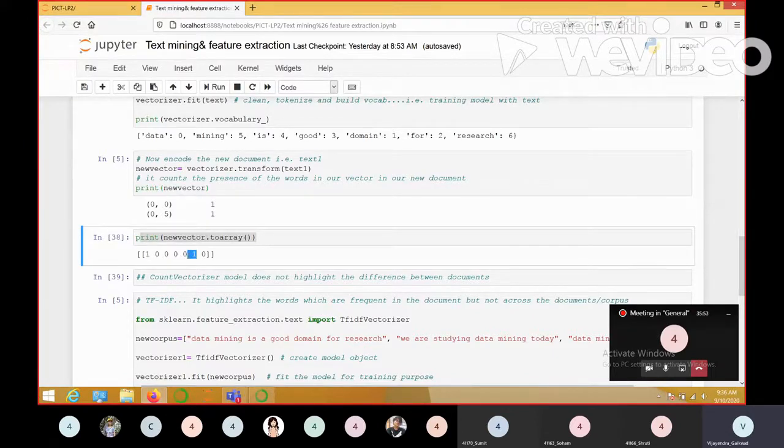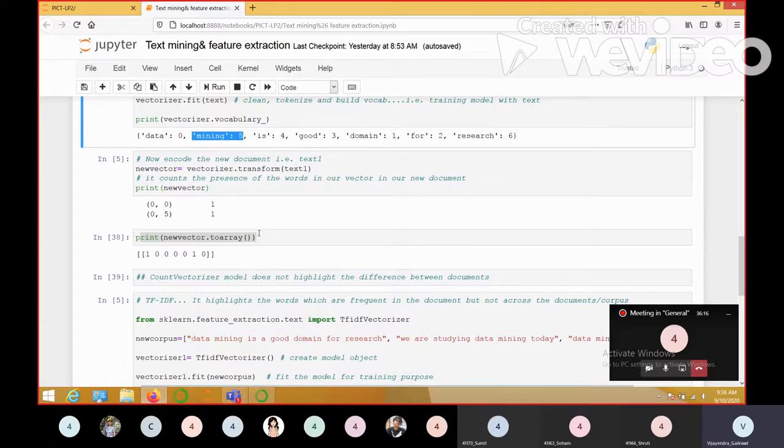Which are the words in our train document present at 0th and 5th index? Data and mining. Apart from these two words, we do not have any other word in common between the text and text1 documents.